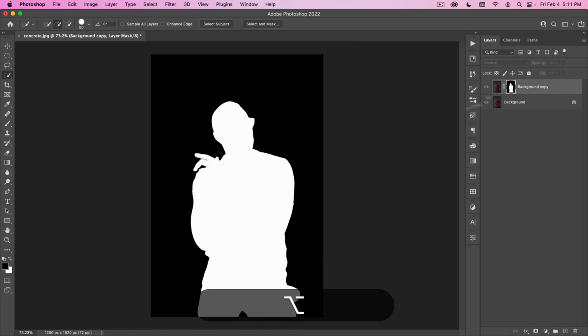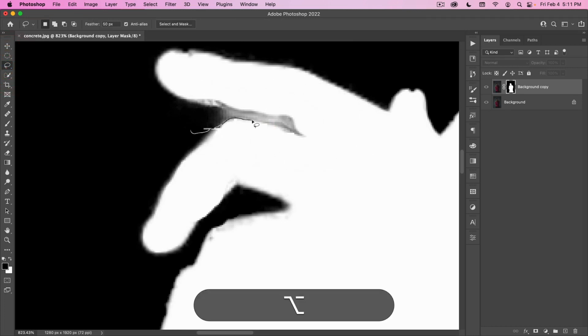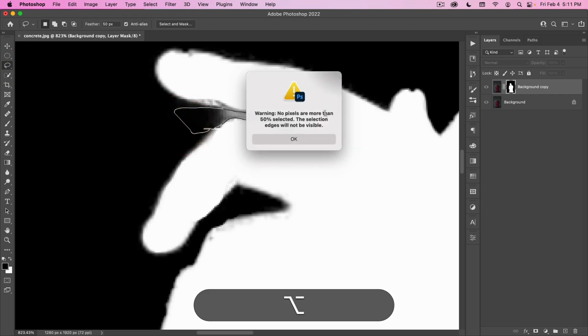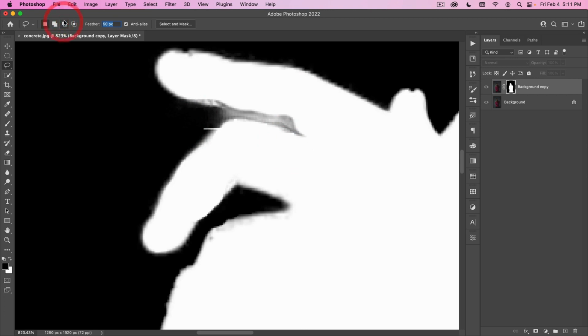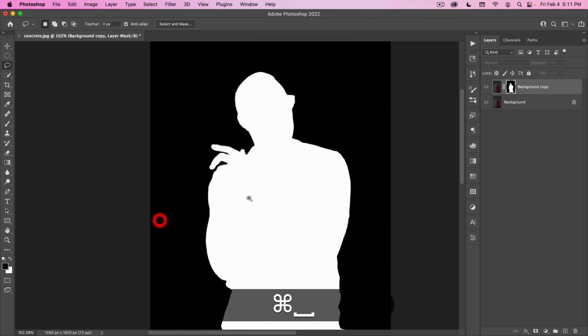If you want to come back and clean up that selection a bit, it's always better to use a mask than not using a mask. So here we want to make sure our brush or our selection is not feathered. And just go like this. And then Option Delete to fill with our foreground color, which is black.